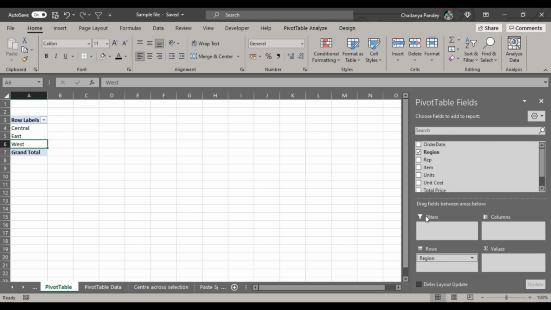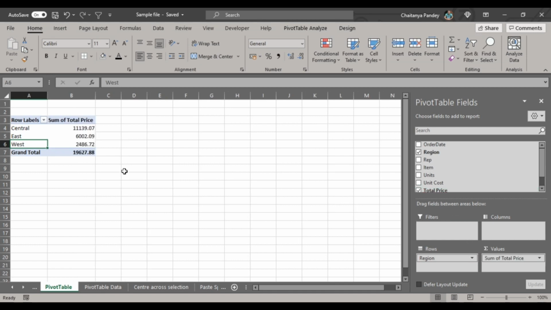That's why you have filters, columns, rows, and values. So you drag total price into the Values section. Now you have the sum of total price for each region. You can check in the original sheet whether this is right or not.